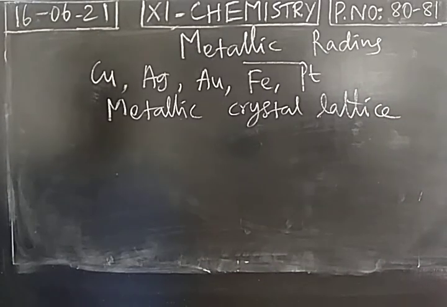Lattice is nothing but a place where atoms or elements are present. So in metals, the atoms will be arranged in 3 dimensions in a particular place. It is called a lattice. So when you check the metallic lattice, atoms are closely packed. So here also we apply the same concept of internuclear distance. In metallic atoms, we find the internuclear distance, divide the internuclear distance by 2, you will get metallic radius.